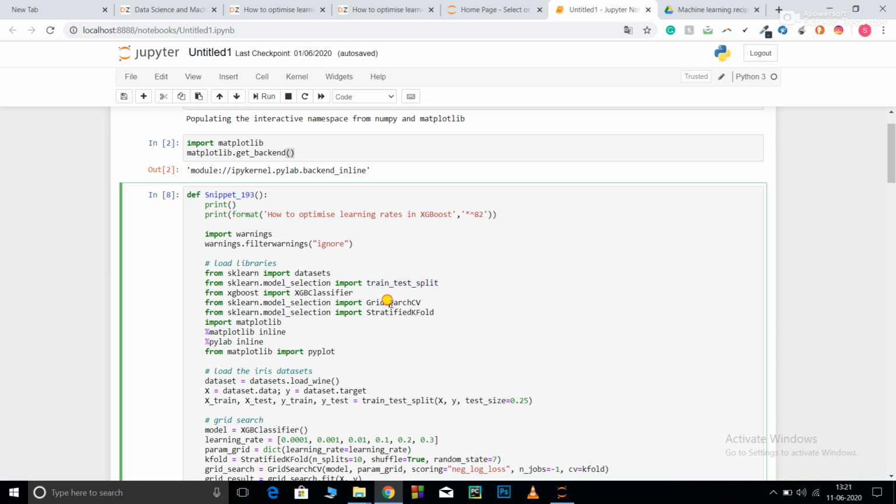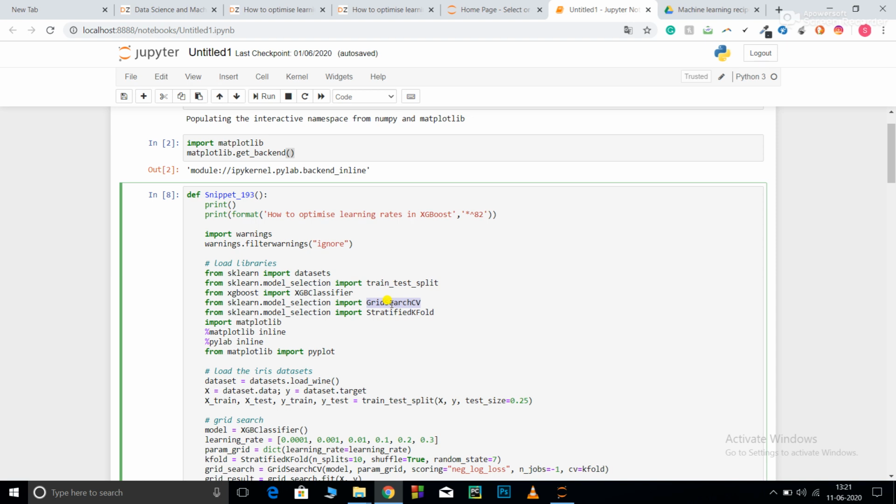Now grid search CV. Grid search CV, random search CV, and Bayesian optimization are methods used for hyperparameter tuning. Random search CV randomly picks parameters for hyperparameter tuning, whereas grid search CV makes a list of all the possible combinations of the parameters that you have provided and then uses them to train the model and gives you the final result.